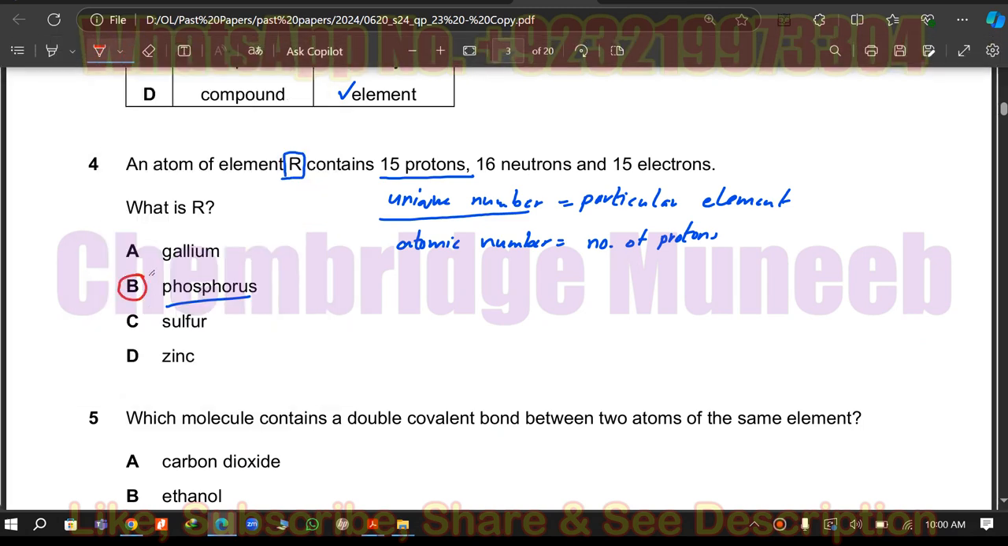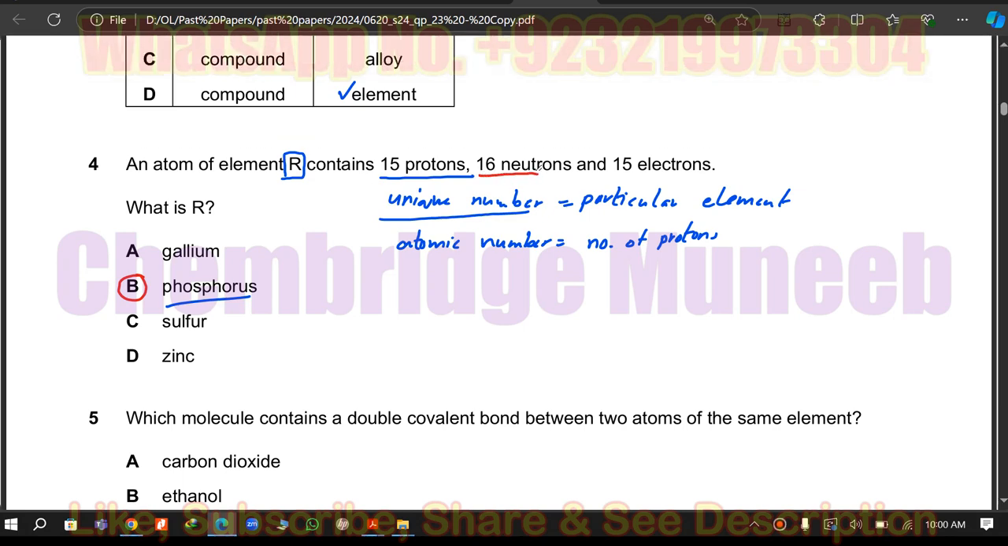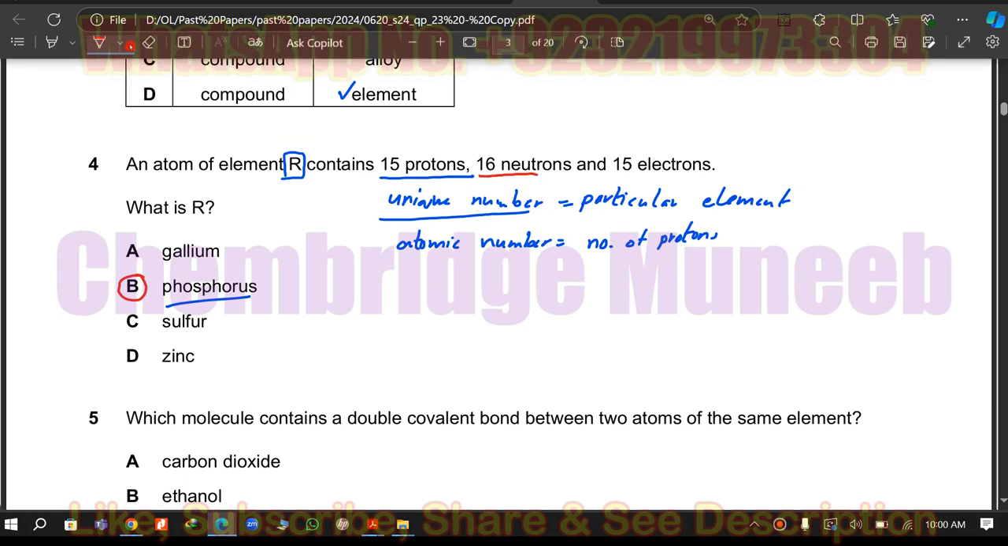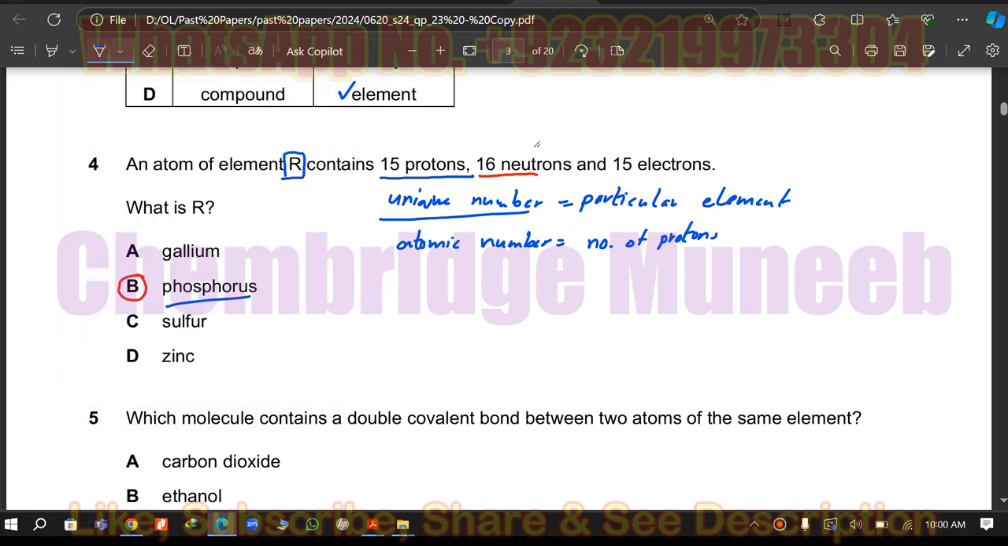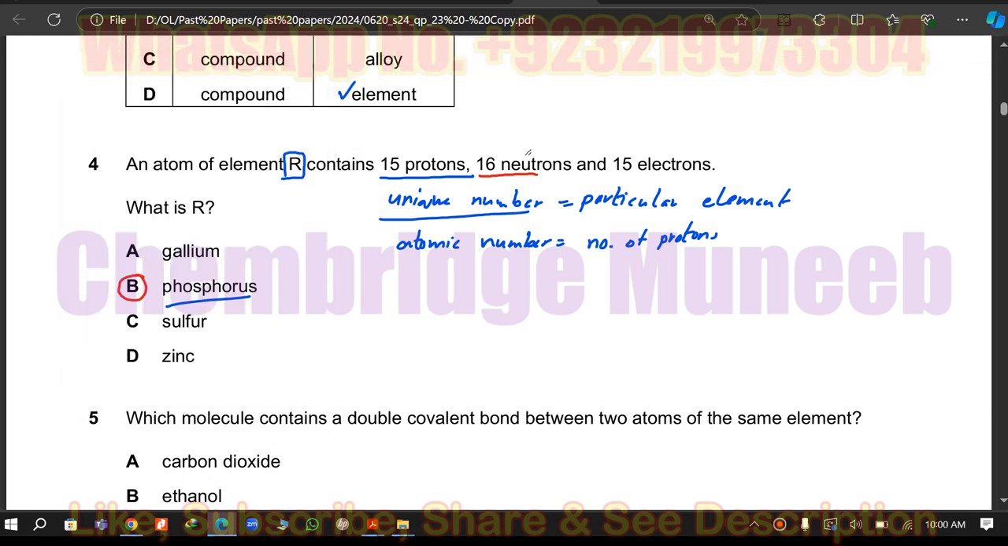B is the right option. The other information is just to confuse you, because students who do not know that the atomic number is the actual identity will get confused by looking at the values of neutrons and electrons. So